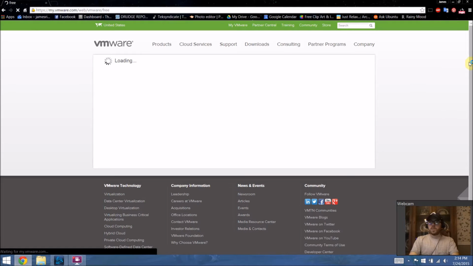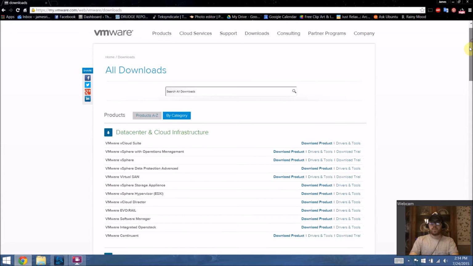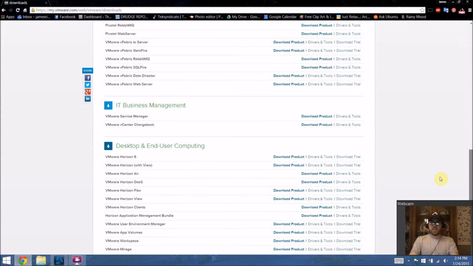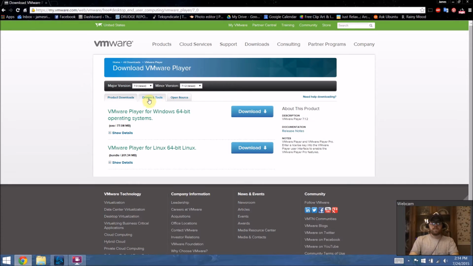And then once on this page, you simply need to scroll all the way down this list. It's going to be the very last one, the VMware Player right here, and click on Download Product. And then choose your host operating system. Now this is different from your guest operating system. So even though we're going to virtualize Linux, because we're hosting on Windows, we want the Windows version,